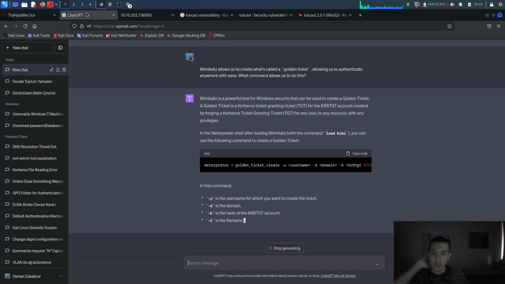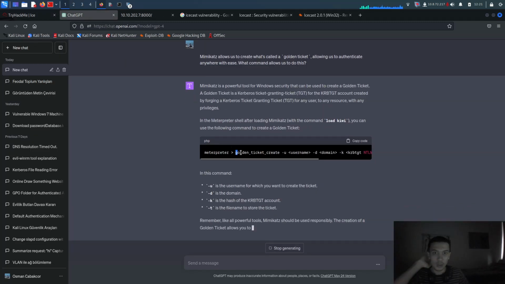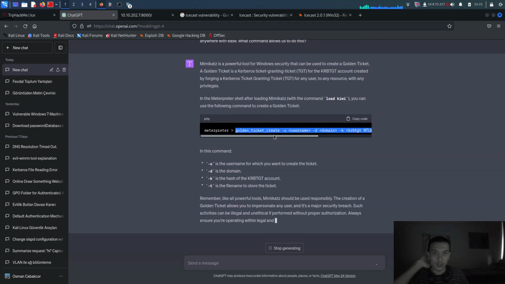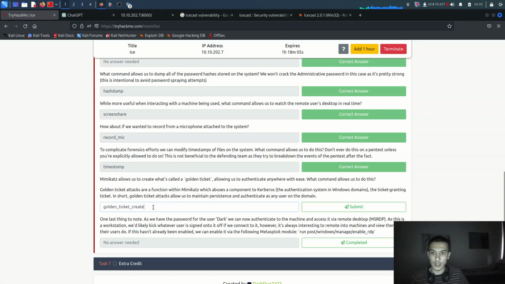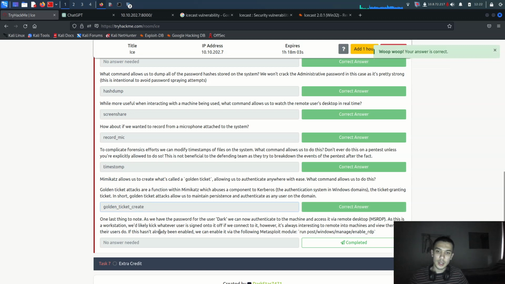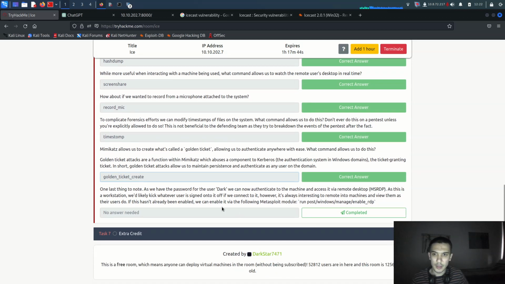So it's gonna be golden ticket creating. We can use it for creating a golden ticket here. Just creating a user with a golden ticket, that's right. And let me use it. One last thing to know: as we have the password for user dark, we can now authenticate to the machine and access it via remote MSRDP. As a workstation, we'd kick whatever user is signed onto it when we connect to it. However, it is always